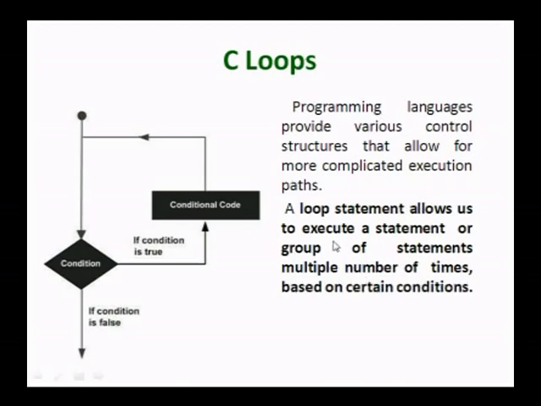So, here we are performing repeated execution and we are also performing conditional branching. So, this is a flow diagram. This is a general flow diagram of a loop structure. The control would get into this and then we are checking the condition. If the condition evaluates to a true value, then the respective conditional code is going to be executed, and after